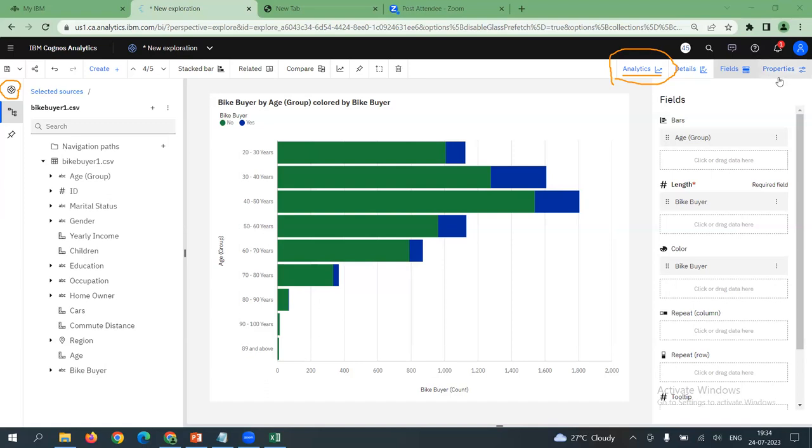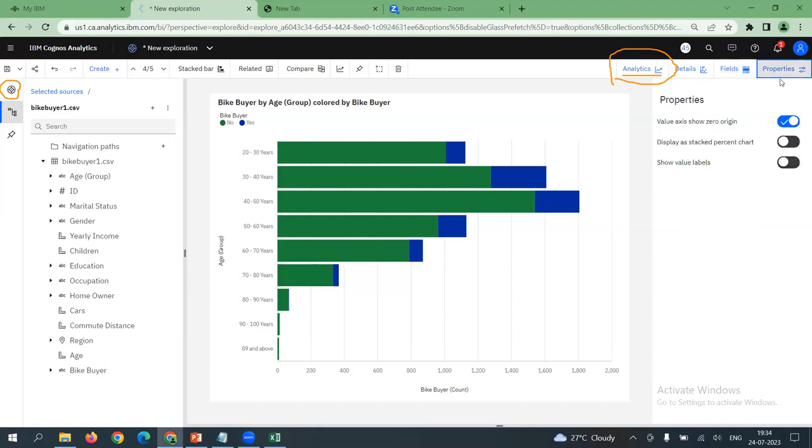So if you want to add more light, you go to the properties section as usual and show value labels and choose the item value and percentage of color. Yeah, this will add more richness to the graph so that you can draw some interpretations from it. Just go to the properties section and hit show value labels, correct? So could you discover now, the highest percentage of favorism comes from which age group? 30 to 40. 33.2% of the respondents of the age group 30 to 40 said they want to buy a bike.